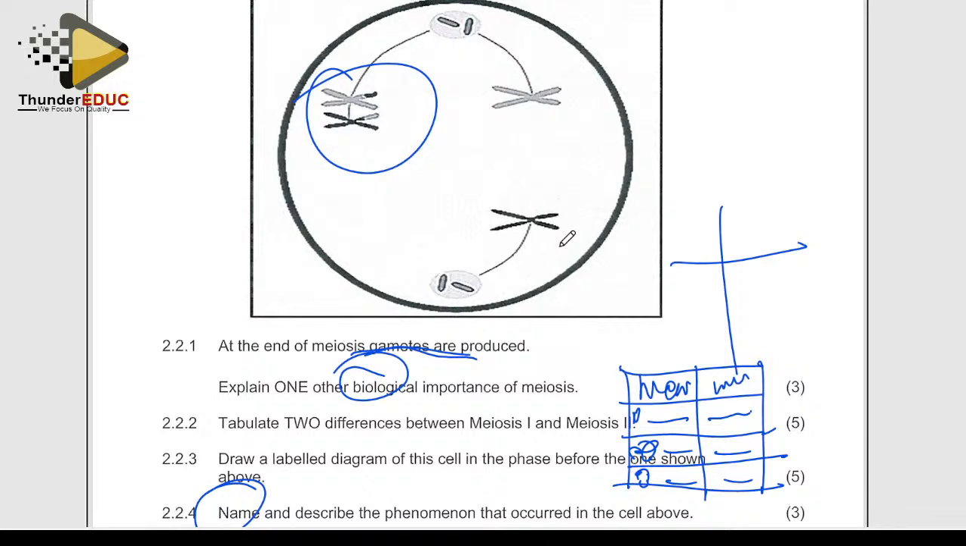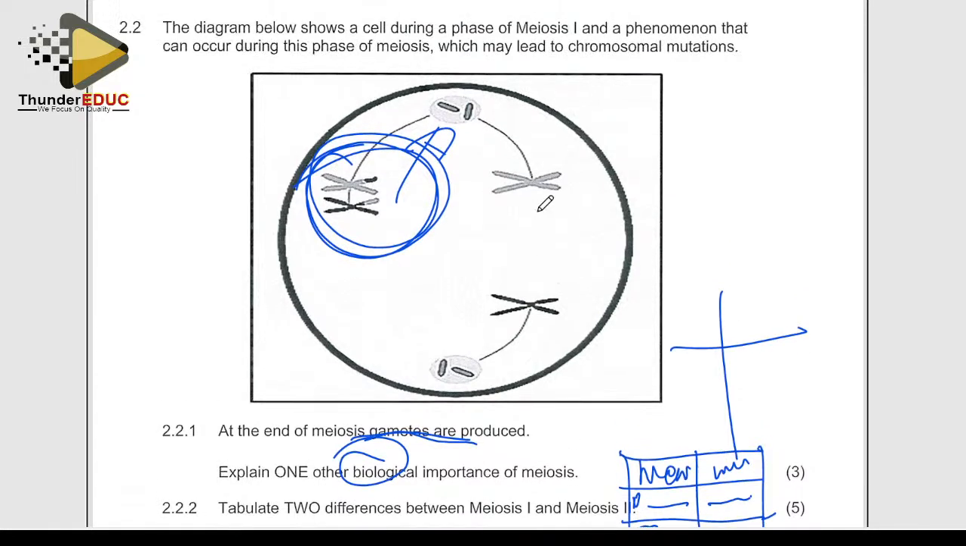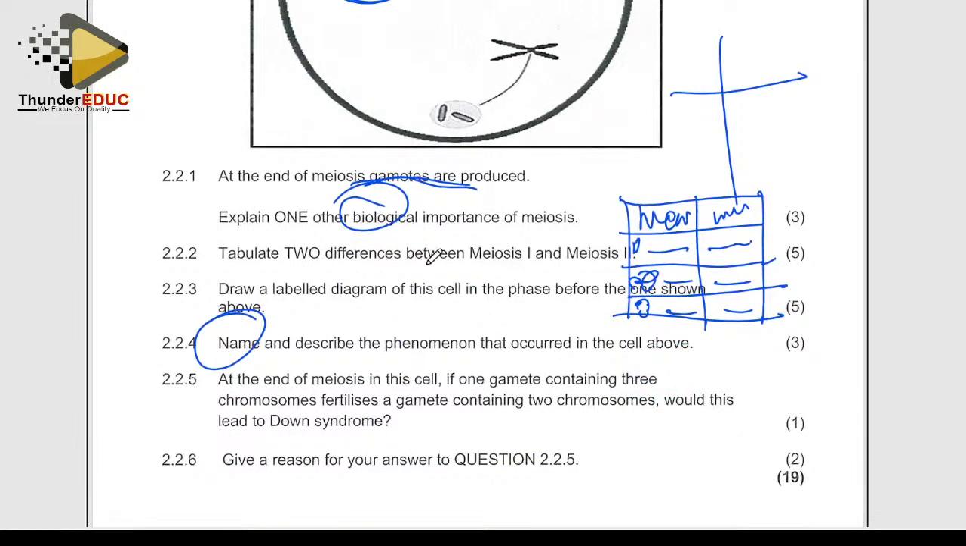Yes, these chromosomes failed to separate, this chromosome failed to separate, and then the whole pair is pulled to one pole, you see. So it's being pulled to one pole, and this was meiosis, anaphase 1, you see. It is anaphase 1. I don't know whether they mentioned it. If they didn't mention it, then it could be another mark. So at the end of meiosis in the cell, if the gamete containing 3 chromosomes fertilizes